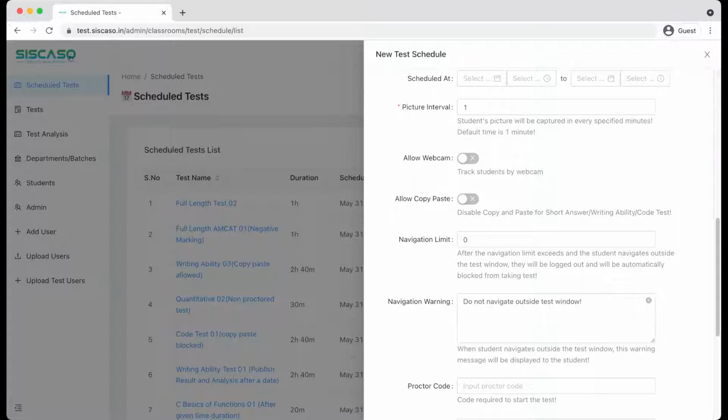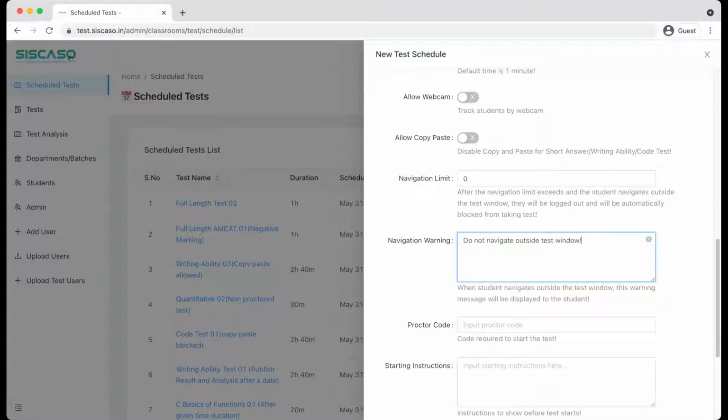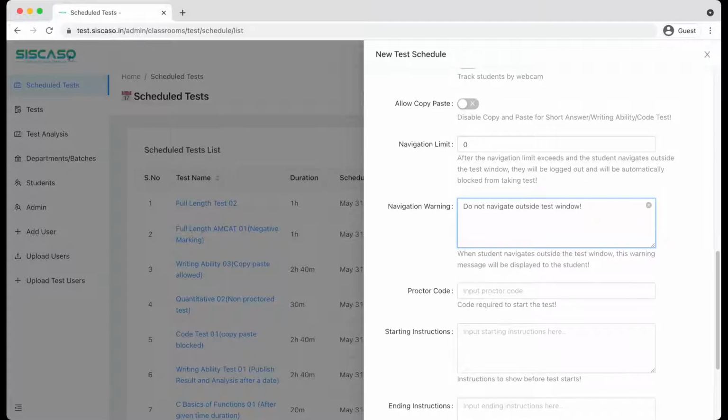So the message we want to show, we can keep it here. This is helpful because sometimes we might want to give a customized warning if it is a very important exam. But if it is a practice test, let them alone, they can go and explore and have it ready. Either way, the flexibility is here. We can control all the types of warnings we want to show to the student. By default, it will say do not navigate outside test windows. This will be displayed, but if you wish to change the sentence, of course you can.